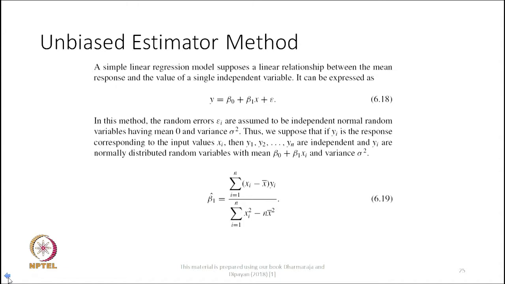So, if you consider x bar as a small letter, then it is a value. If you consider small x bar in the summation in the numerator, and in the denominator you also have x bar square, that means if you keep the small letters, that is the value of the estimate of beta 1, denoted by beta 1 cap. Suppose I replace this with capital letters, that means capital Xi minus capital X bar multiplied by capital Yi divided by summation capital Xi square minus n times capital X bar square,